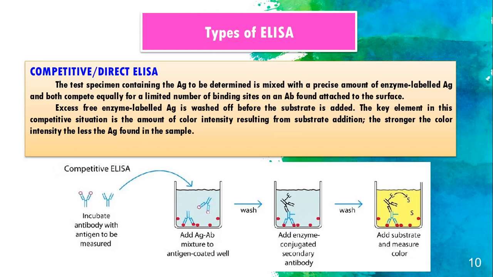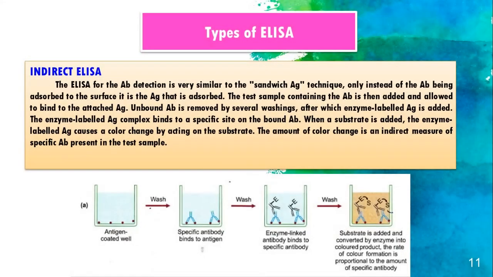So in the following diagram, we have here the antibody being incubated with the antigen to be measured, and the antigen is coated with a mixture of antigen antibody. Then enzyme-conjugated secondary antibody is added alongside the substrate, which results in a color change, which is then measured afterwards. As we have the direct type of ELISA, we also have the indirect type of ELISA,